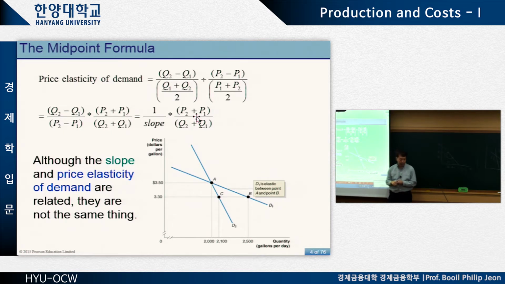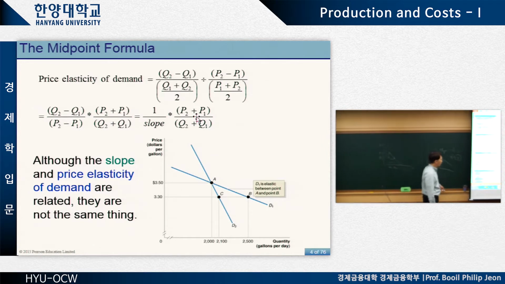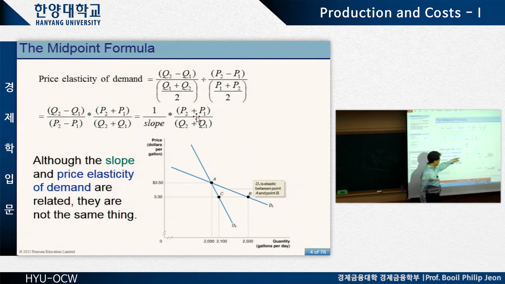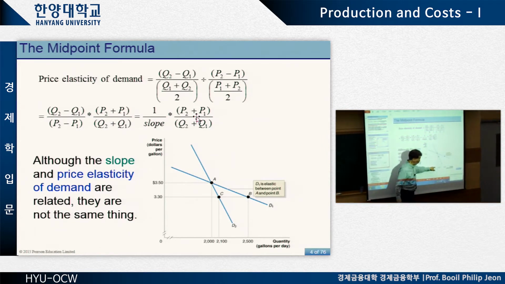If you rephrase it, we can say that at this single point, at this value of price and quantity, demand for one, whatever the product is, has higher elasticity, and demand for two has lower elasticity,